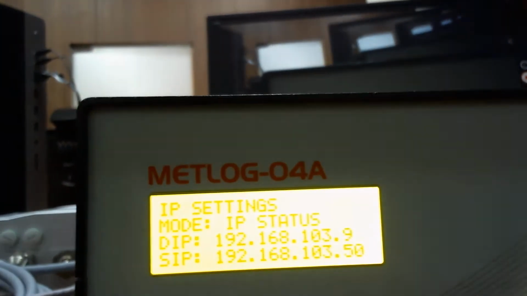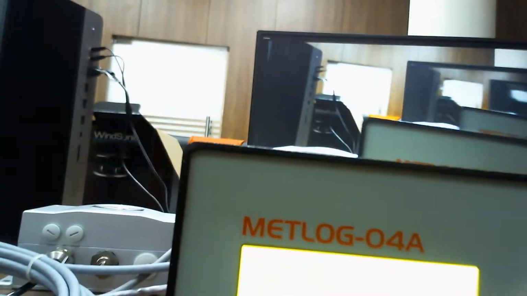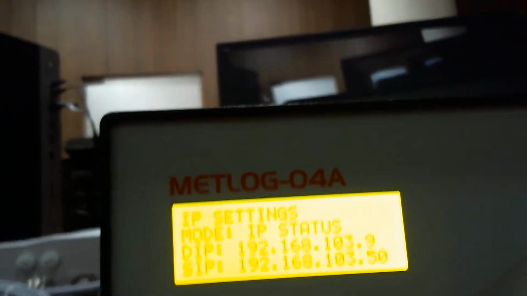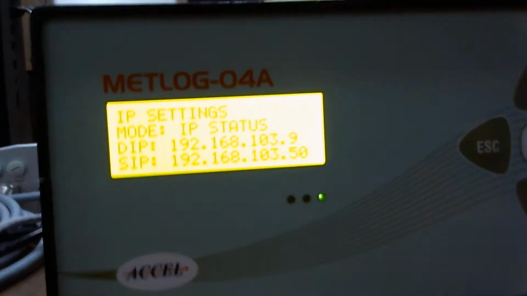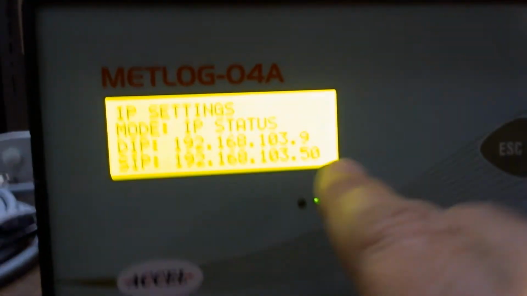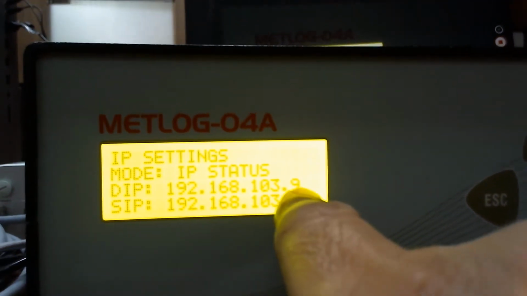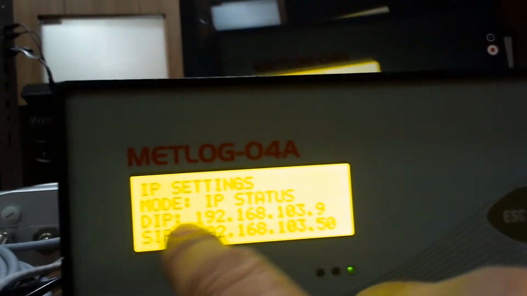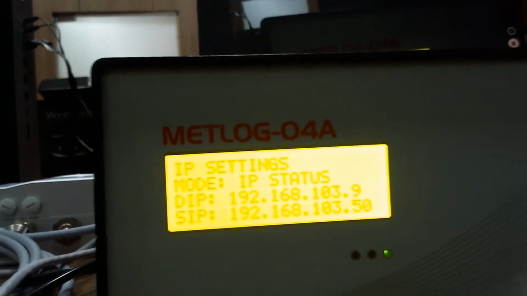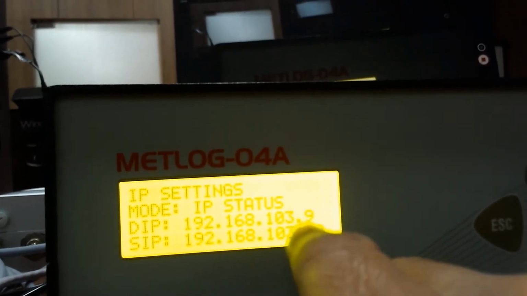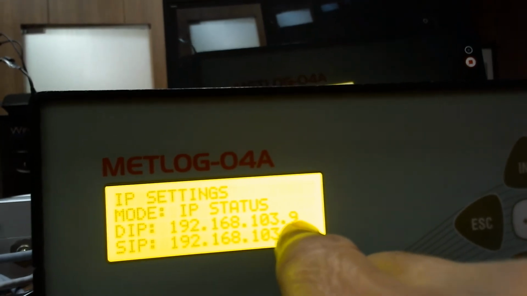Whenever you want to set the digitizer IP or server IP, we have to go to the IP settings mode. But the last digit for DIP, you cannot change from this IP settings mode. You have to change this last digit or runway number in system configuration mode.